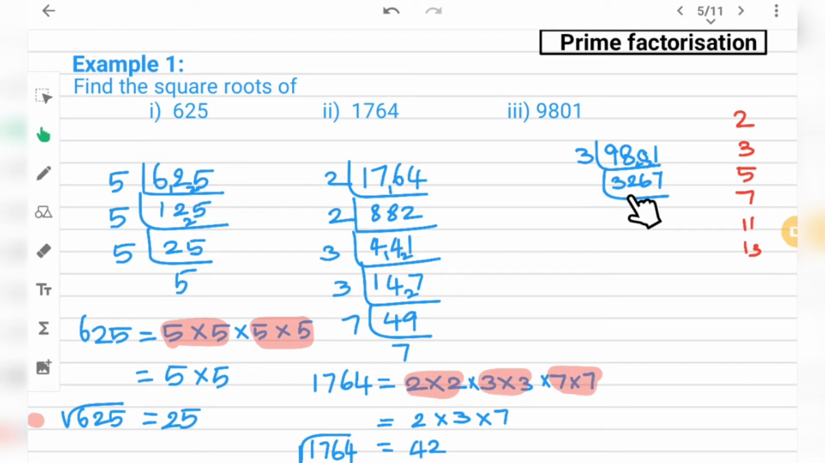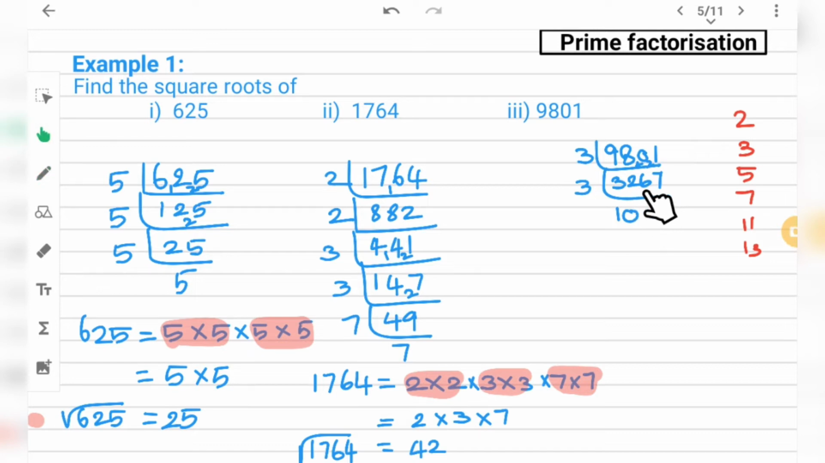So check, 3 plus 2 is 5, 5 plus 6 is 11, 11 plus 7 is 18. So I can divide it by 3. In 3, 1, and here you can see 2 which is less than 3, and here there is no balance at all, right? So it is not possible for me to divide this 2 by 3. So I have to put 0, right? Now